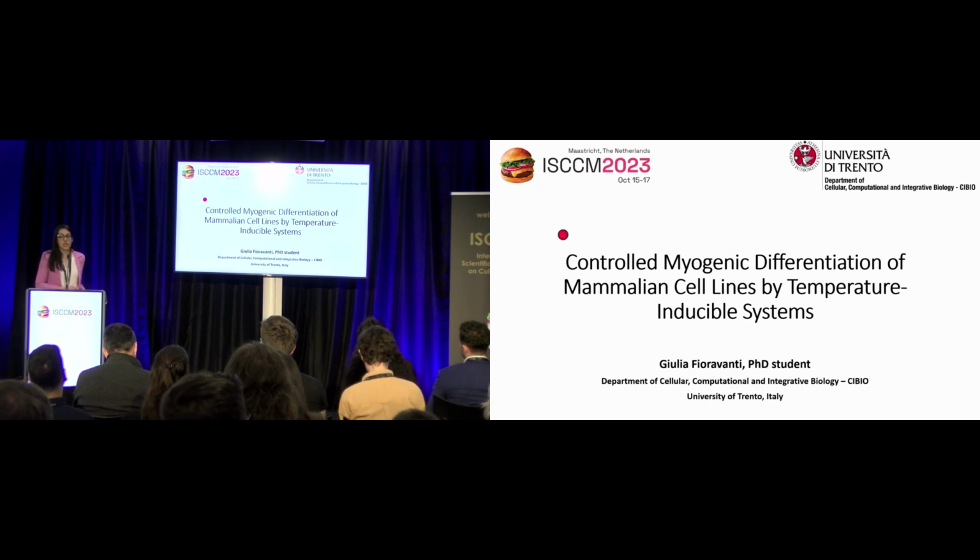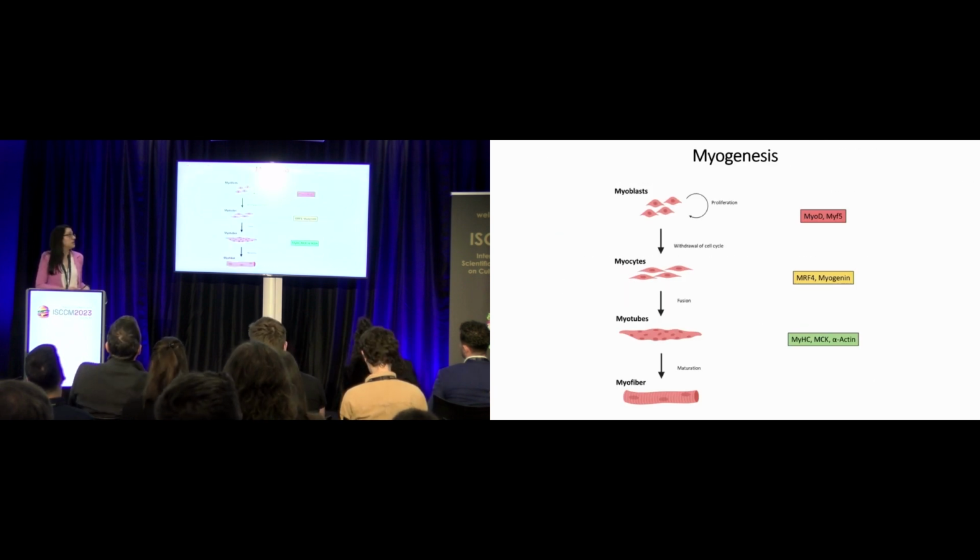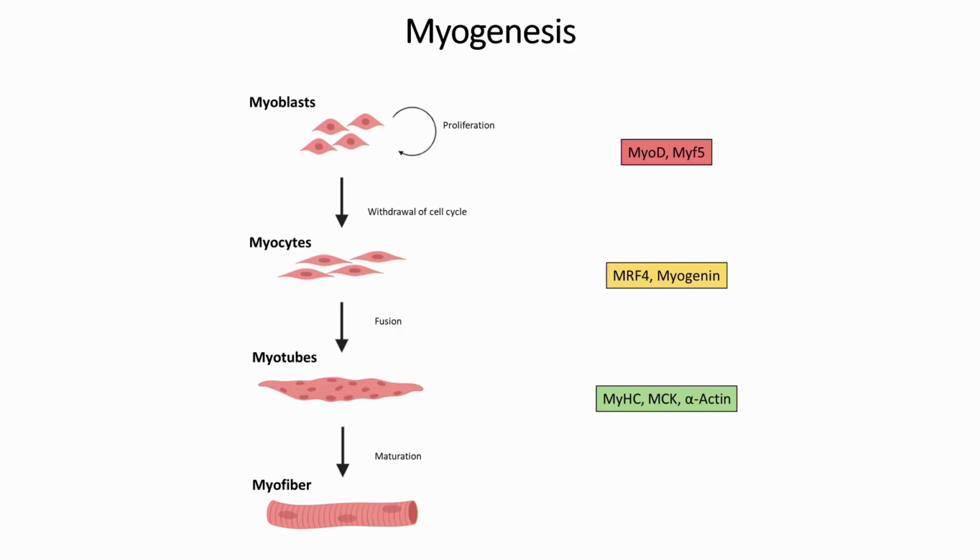As we know, one of the main components of meat is muscle tissue, and the process to form muscle tissue is called myogenesis. Myogenesis starts from cells called myoblasts that proliferate, and then they withdraw from the cell cycle and commit to differentiation, becoming myocytes. The myocytes then fuse to form myotubes that mature into the myofiber, which is the main component